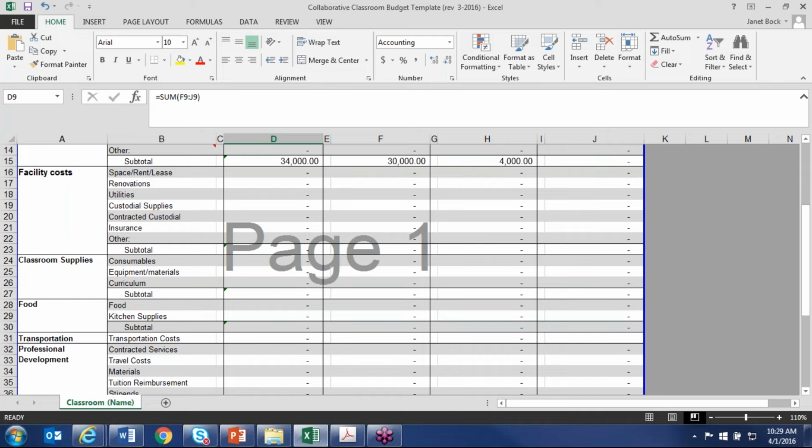So you want to look at the space that's necessary to operate pre-K. And this would include utilities, equipment, HVAC, and things like that, lighting. So we have it broken down into space, rent, or lease. I think that's pretty self-explanatory. Cost of renovations. Now this is one of those categories that may not actually be captured one year, but you